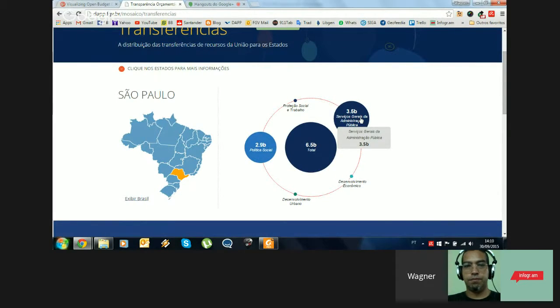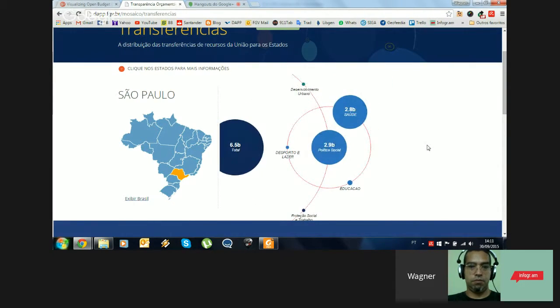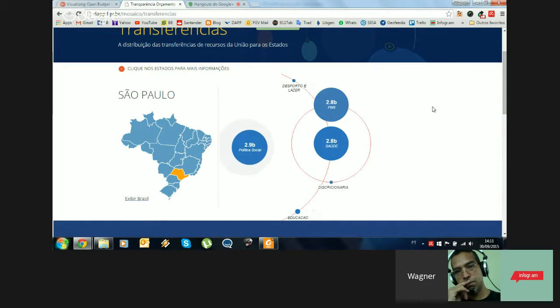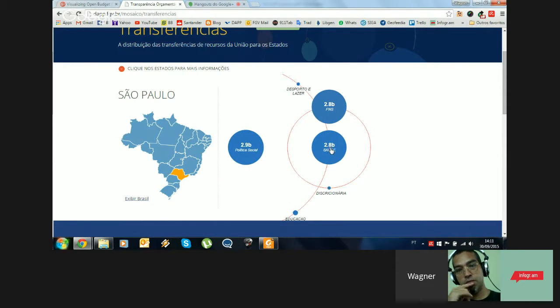So if I want to understand how much money was sent for social policies, I click on social policies, and I have health, education, and sports and leisure. Then I can click on health, and I will know that all, or almost all, of the money sent to the state of São Paulo for health was sent by a fund. So I can understand, for example, what this fund is for.